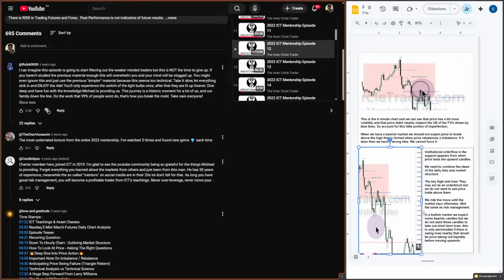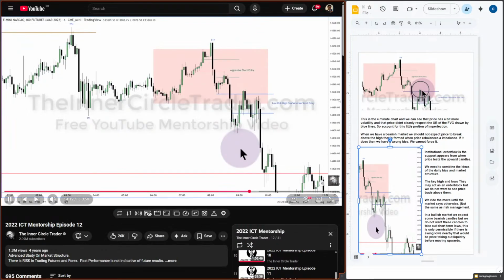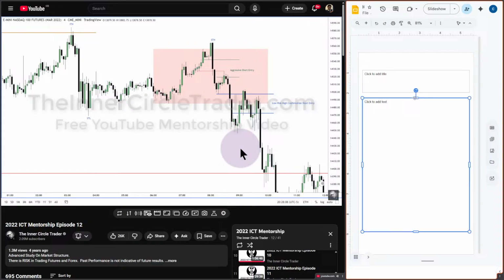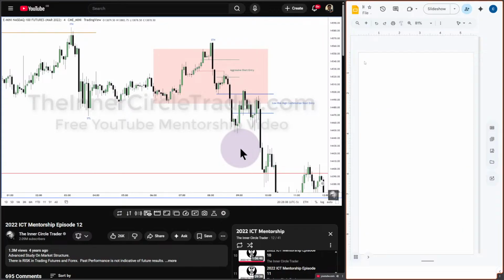Down close candles support price higher. So in other words, in price swings that are bullish, down close candles are your support. In price swings that are bearish, up close candles are your resistance. Now, if you blend these ideas together, you get a perspective on price that cannot be gleaned from other teachers, educators, traders, authors, gurus, or whatever.